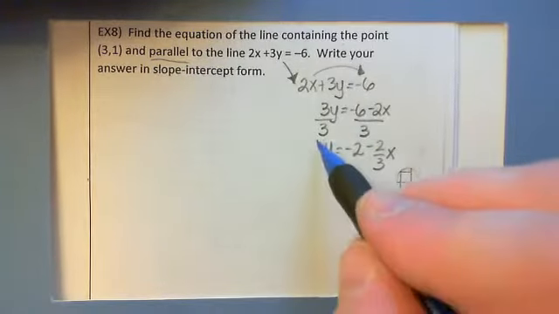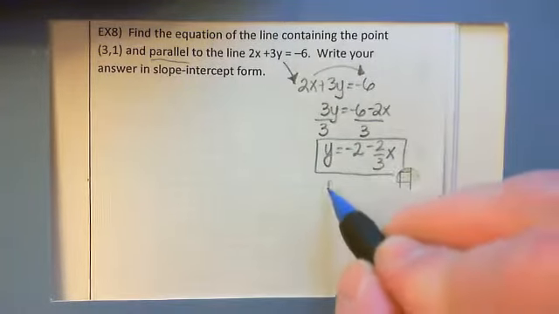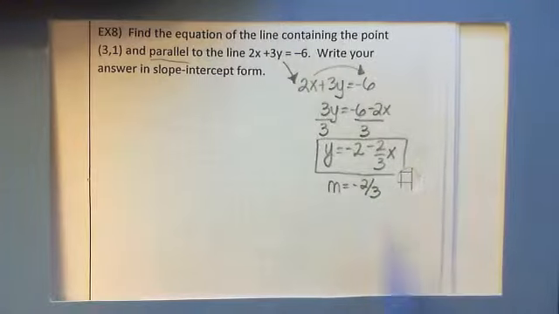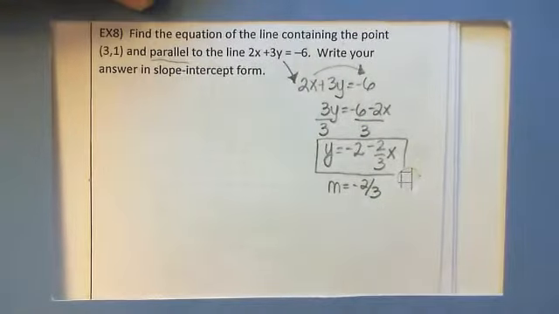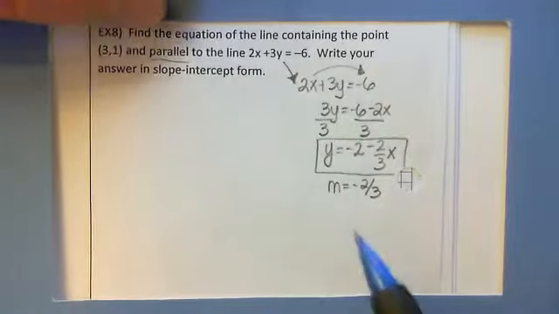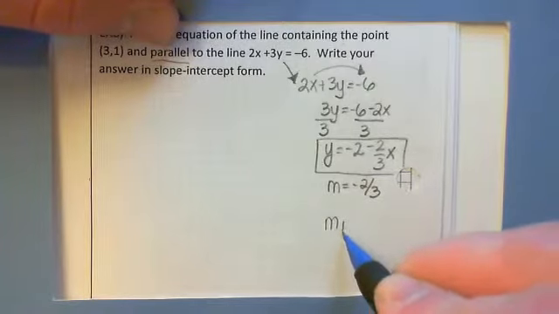Okay. Alright, so I got my y by itself. So that means my slope is negative 2/3. That's the slope of this line. The problem is asking us to find the equation of a line that is parallel to this equation. So if I want a parallel line,